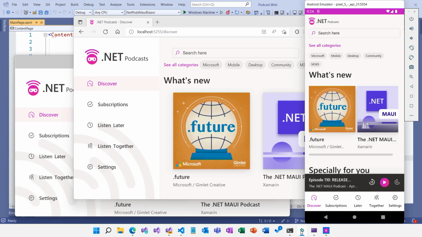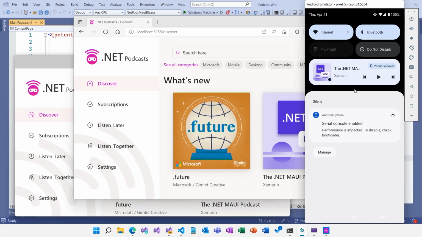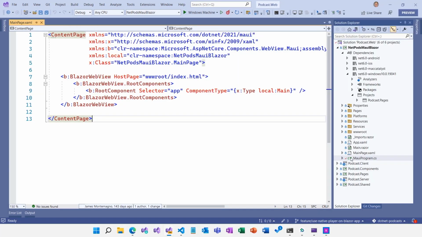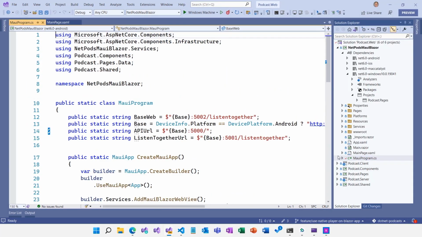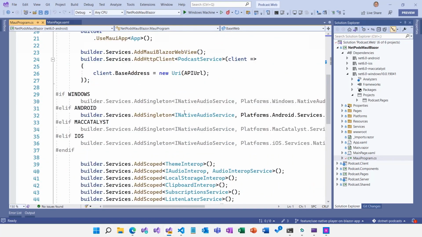Because it's now a native client app, we can also now use native client features. For example, instead of using browser-based playback, we can use the native system audio. For example, on Android, by using the underlying platform audio playback features, we hear the audio, sounds good, but we also now get the little audio widget that shows up in our Android settings pane. We can see how this is set up in the code. Let's go back to the solution. In MAUI program.cs, if we scroll down here, we can see all of the native audio service implementations for each